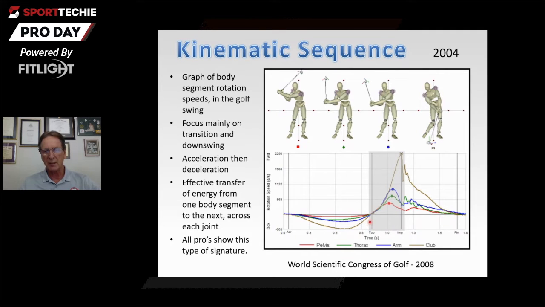What's really exciting, and what we discovered, is that in all elite golfers, and I say all elite golfers, they have slightly different shapes, but they're very, very similar. They all accelerate and then decelerate: the big segment first, in this case the pelvis, the red curve, then the green curve, which is the rib cage, the arm, and finally the club. You see this acceleration-deceleration signature that shows how energy is transferred from one part of the body to the other. The gain across each joint is how much the curve jumps from one to the next.